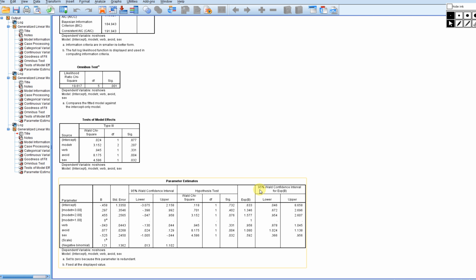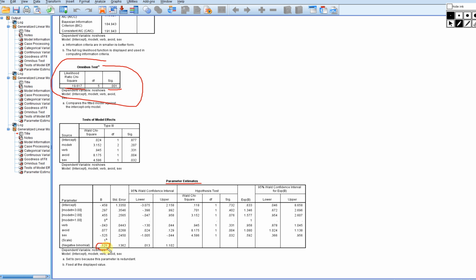when we go down to our omnibus test, you can see that it is again statistically significant. The chi-square value is actually higher than in the previous analysis, where we adopted the dispersion parameter of 1. Our significance level is 0.001, which is clearly less than the 0.05 we specified. In the parameter estimates, this is the dispersion parameter, which SPSS calls an ancillary parameter,